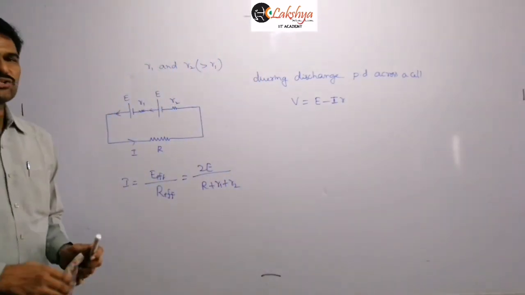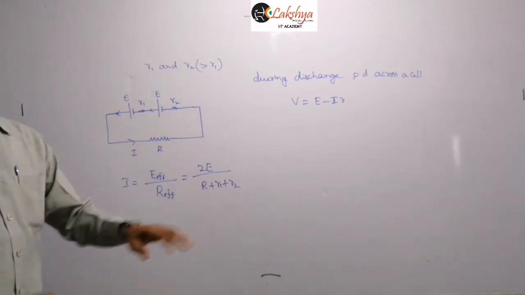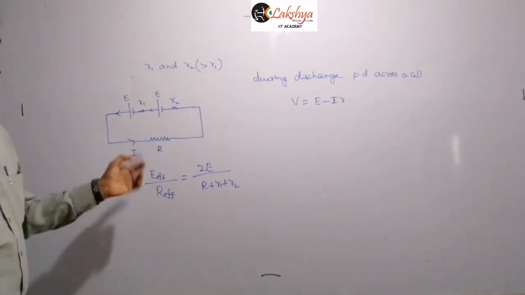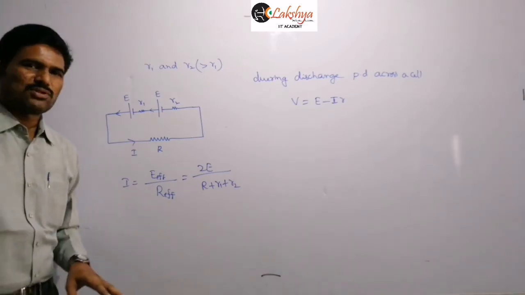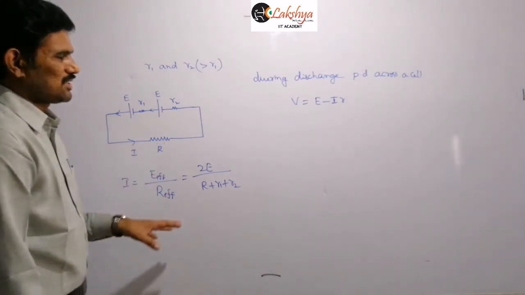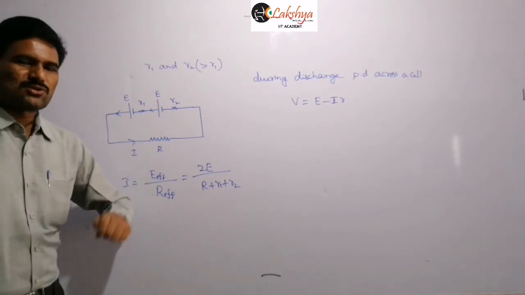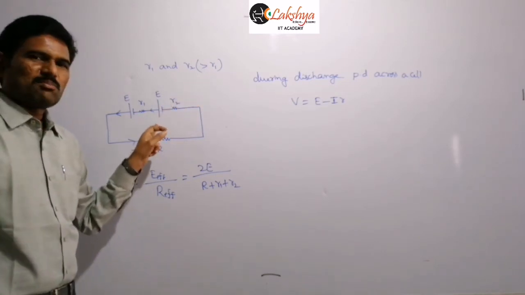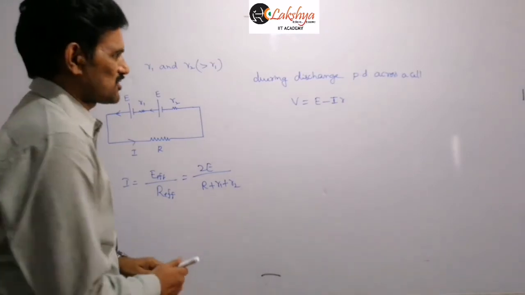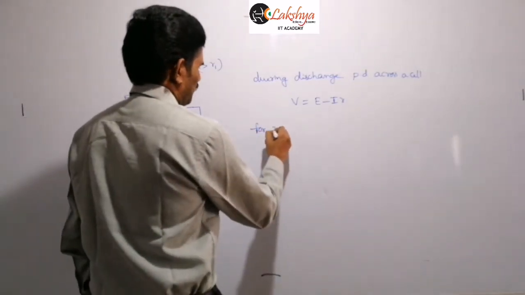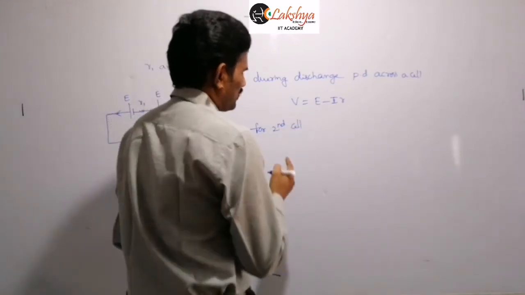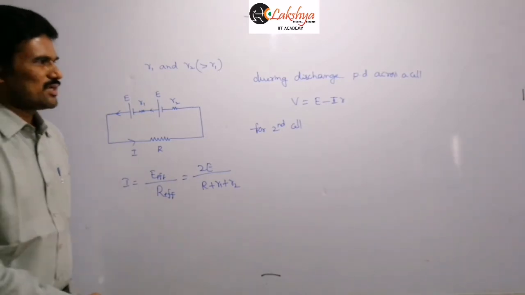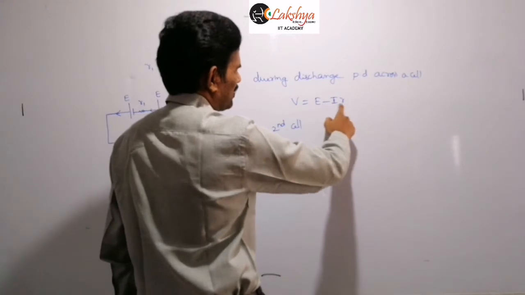Now the given condition is that across one of the cells its value becomes 0. So we need to identify across which cell it becomes 0. The E value is the same for both the cells and the I value is also the same for both, right? So the terminal voltage will first become 0 across the cell having more resistance. More resistance is R2, so across the second cell it will become 0 first. So for the second cell, it is not mentioned in the data, but we need to consider that this term will become 0 when E first becomes equal to Ir.